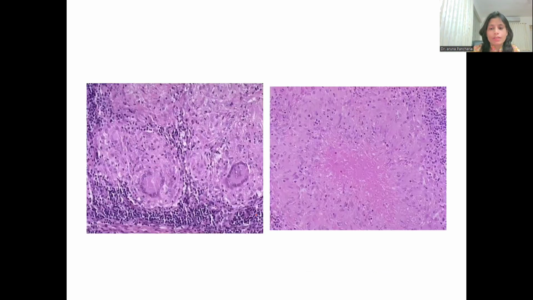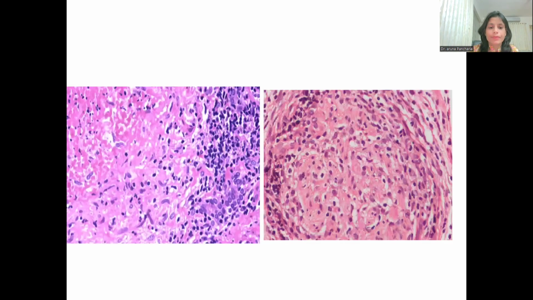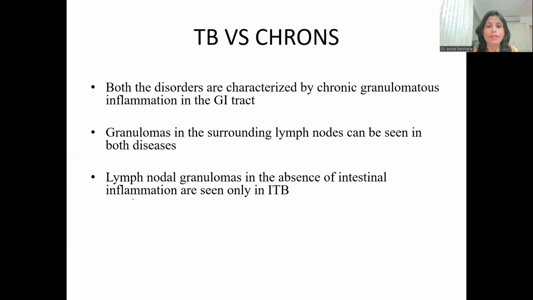Here I did the morphometry, meaning I measured the diameter of this single granuloma, and I found it is more than 200 micrometers with central necrosis, which is the diagnostic feature for tuberculosis. Now this is a closer view, showing necrosis and Langhans type of giant cells. And here you can see the epithelioid cells. These are the epithelioid or slipper cells.